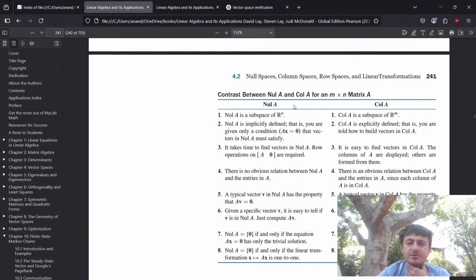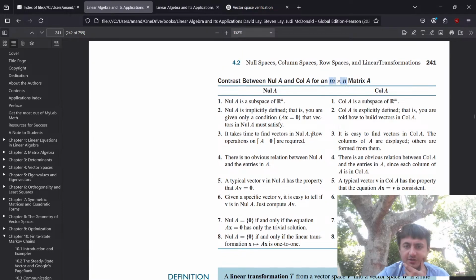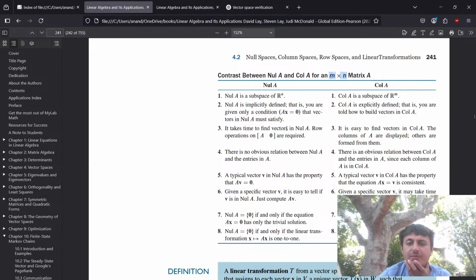Okay, this table is what I was talking about. The contrast between the null space and the column space. The null space is a subspace of Rn. This is all for an m by n. The only thing I really wanted to go over here, you can pause and read this, and I suggest you read it because then you actually take a second to think about it. But the point was, the null space is